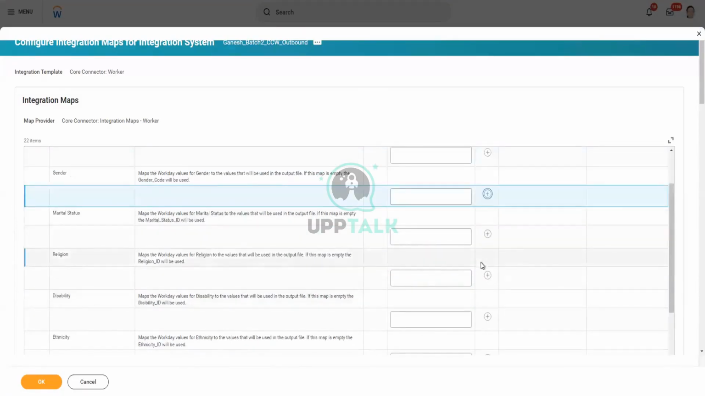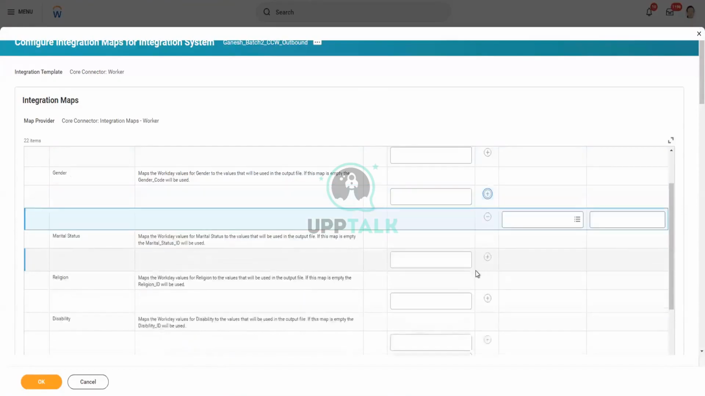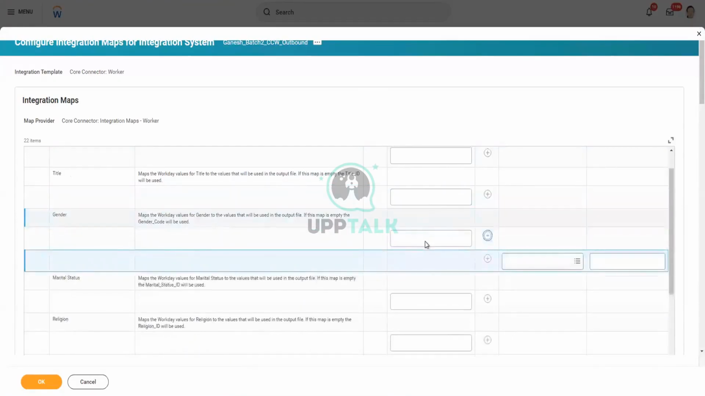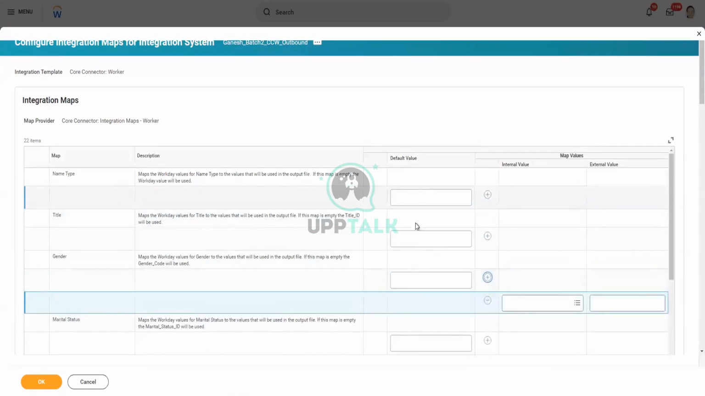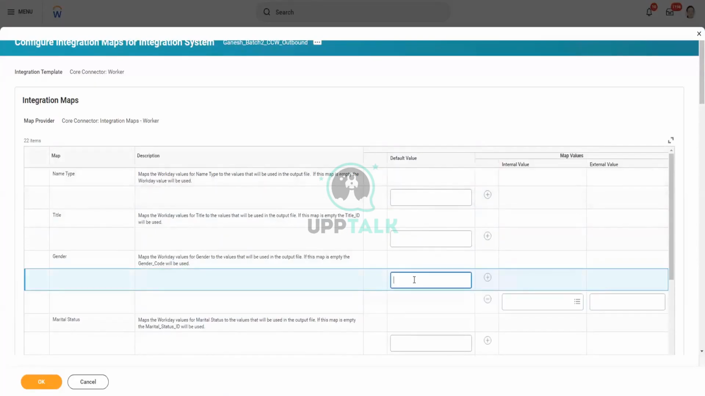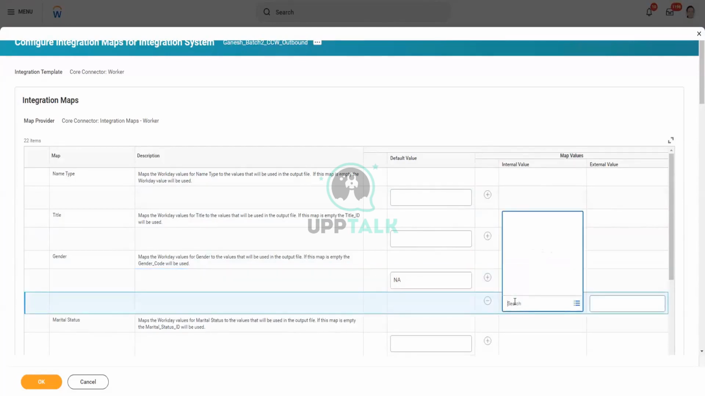How can we do that? Let me show you. This column will be for the default value. Here you can just mention anything, whatever you want to send as a default value. Now here you can map the internal value and the external value. Let's say there are 4 kinds of genders defined here. Ideally there should be 3, but